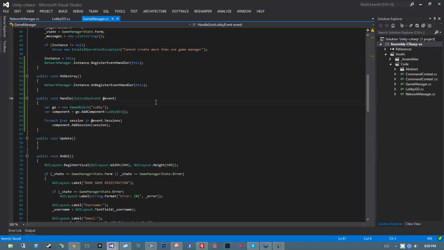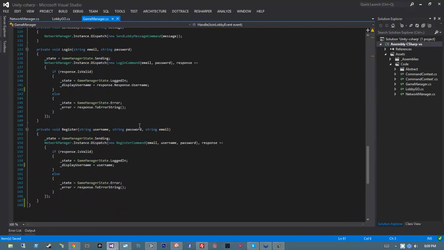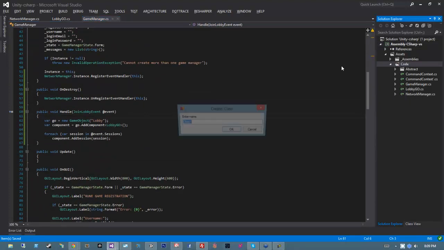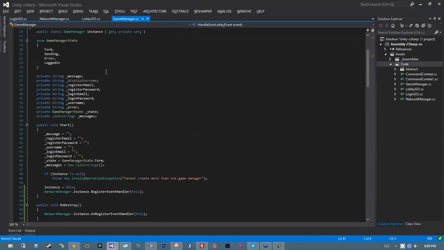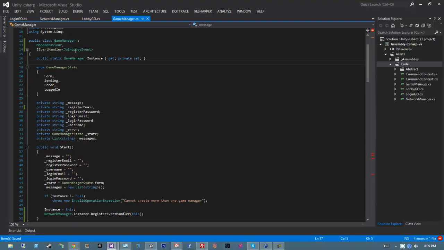So now what I'm going to do is, like I said before, move all of the registration and logging in stuff into its own game object. So I'm going to create a login game object, which, take out the namespace reference, bring that down, have it inherit from MonoBehaviour, and then I'm going to delete display username just because that's not used anywhere. I'm going to copy,